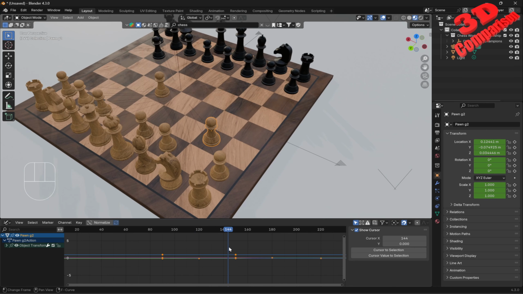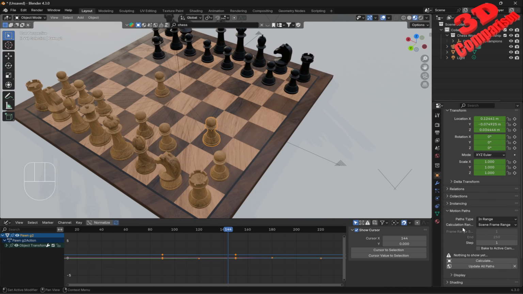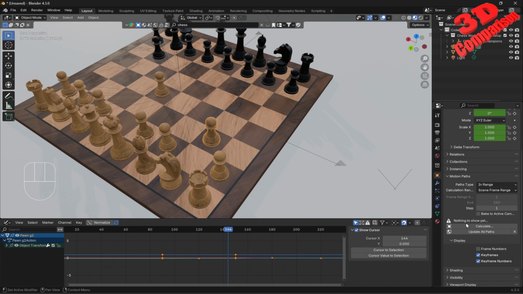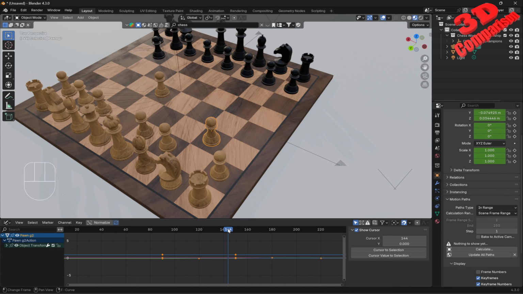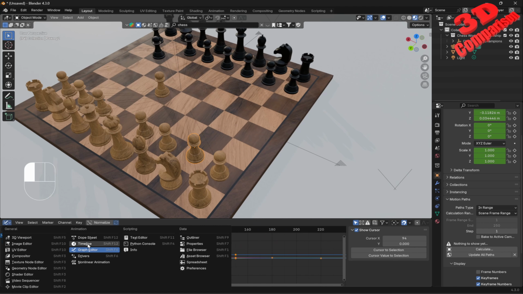As we can see, that motion path, we can now also visualize it over here. So if I'm going to go on display, we can also visualize the number of frames. But the main problem is that we still have that interpolation problem. So we see the pawn move like that. I will jump back to the timeline